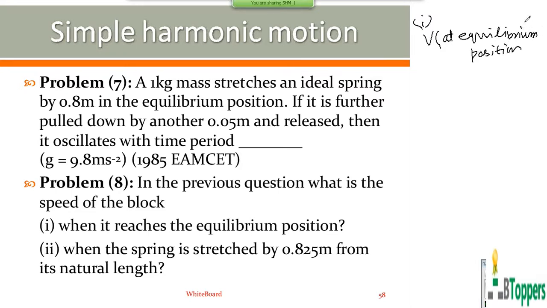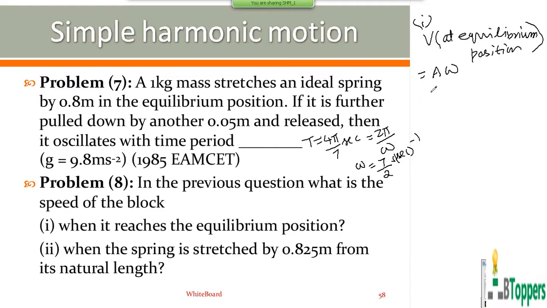Which you can write as A into omega, where A is the displacement amplitude and omega is the angular frequency of oscillations. Already we discussed the time period of oscillations. We got 4 pi by 7 seconds in problem number 7. The time period of SHM we can write as 2 pi by omega. So we can write omega equal to, simplify this, 7 by 2 per second. Pi gets cancelled on both sides.